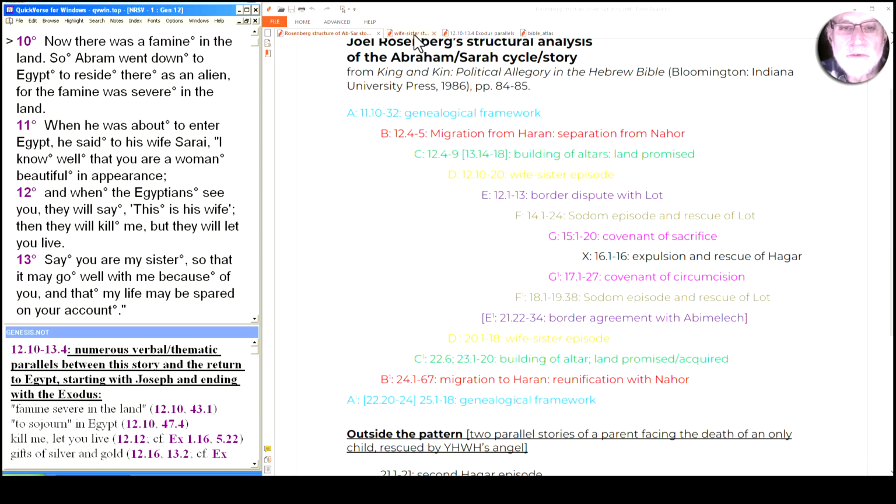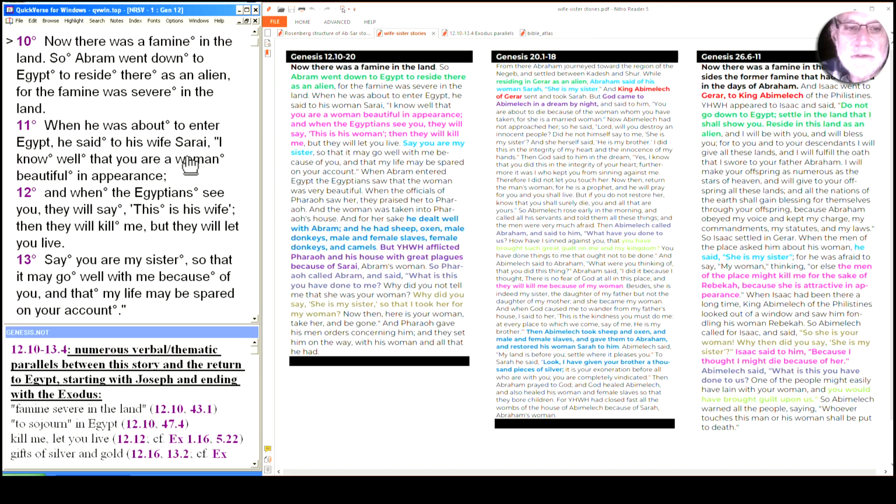So let's look first at the three wife-sister stories, and you can see the one in the middle in chapter 20 is in much smaller print because it's a much longer story. So that's one thing to note. And I've color-coded elements that are parallel, not exactly identical in each one. Let's go over those just briefly so we can see the elements that lead scholars to wonder what's going on in these three stories. So just in black at the beginning, we see the first one and the third one both say there's a famine in the land, and the third one refers directly back to this first one. And so that's one thing to note.